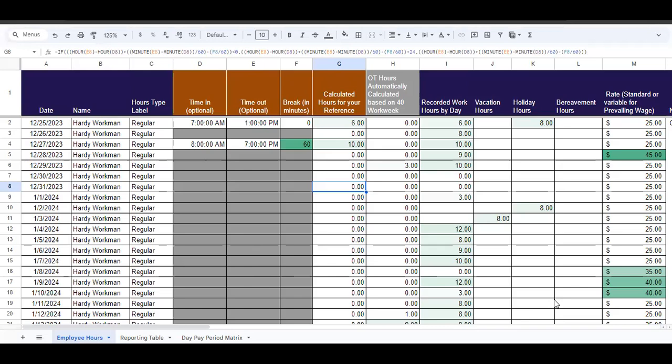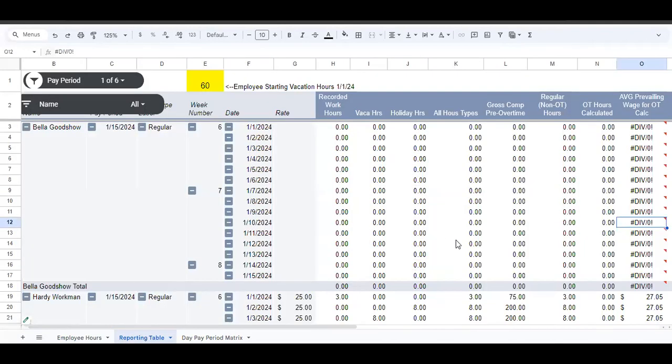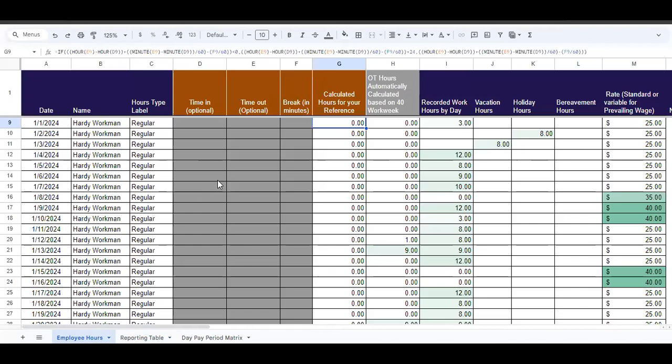You don't have time for riffraff. You've got a lot to do. You've got employees to pay and a business to run. And when people are asking about overtime and keeping track of their hours, wouldn't it be great if you had one sheet where they could just go in and put their hours in, and you'd have a copy of everything you need in a proper table that properly calculates how many overtime hours they worked based on the weekly method,